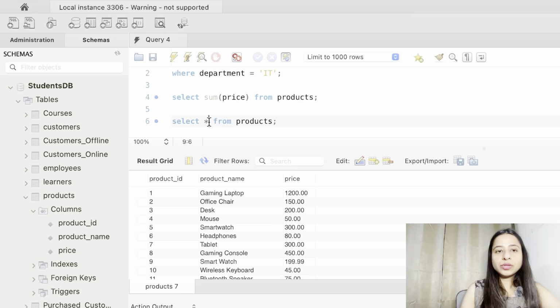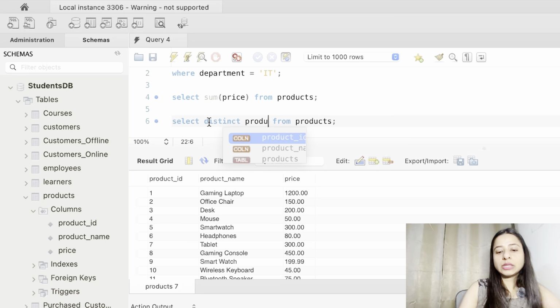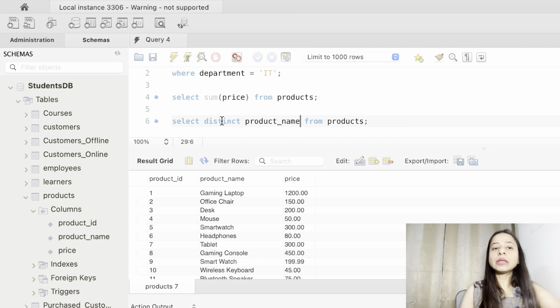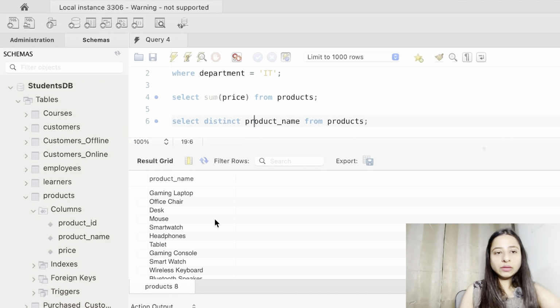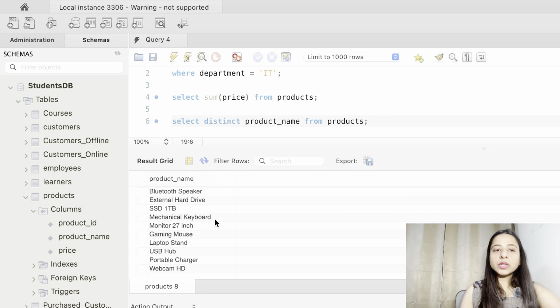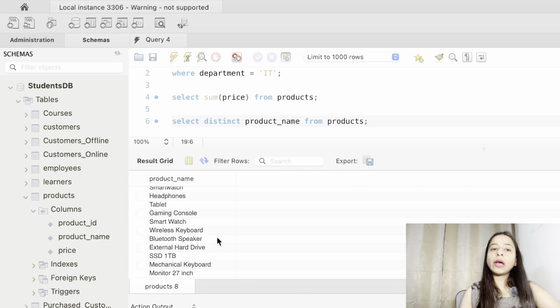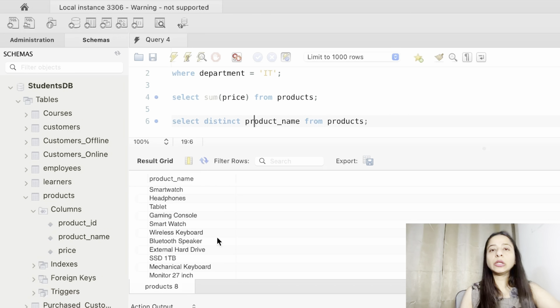And let me see the distinct product names so that we can gauge whether any product is written twice. DISTINCT is used to fetch unique values. It removes the duplicates if the table has any, and only fetches the distinct values. Let me execute this. Okay, we get all of the records from the table, so that means we do not have any product which is duplicated in the products table.